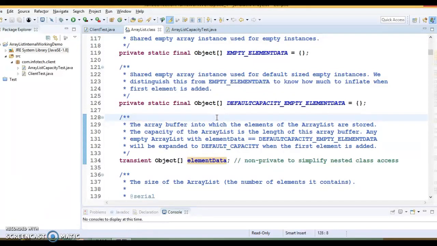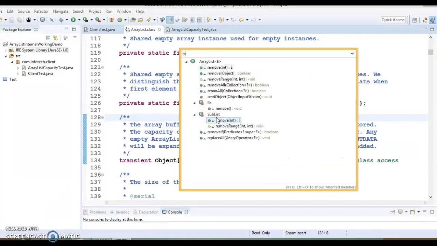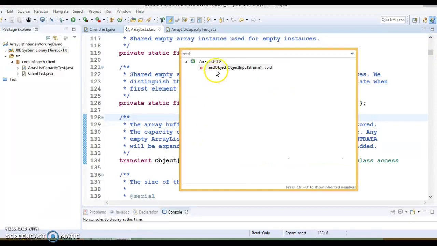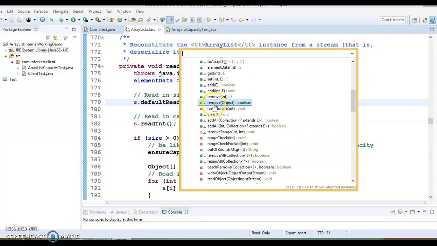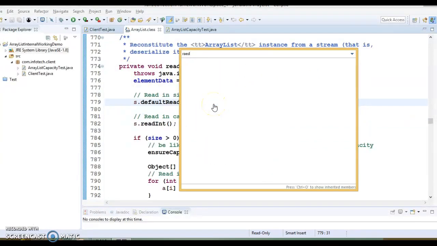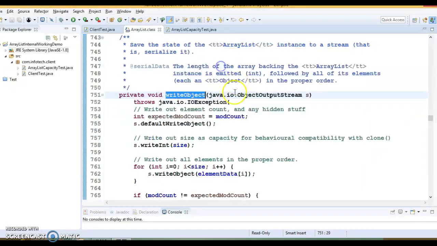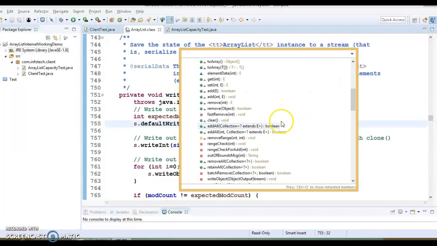So here you can see the readObject and writeObject methods. There is one, writeObject, which helps us to serialize ArrayList, and one more method called readObject, and that helps ArrayList to